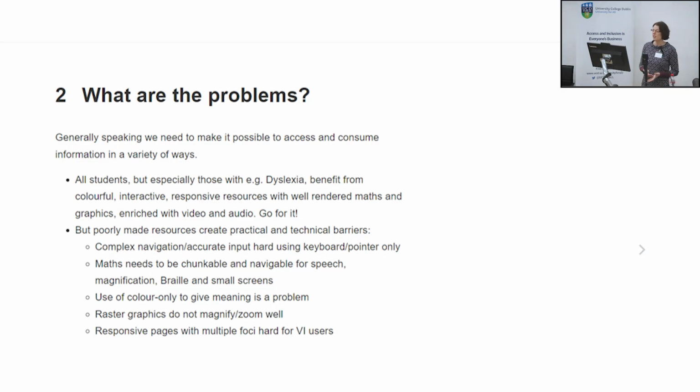So all students, but especially those with perhaps dyslexia or other forms of neurodiversity, will benefit from colourful, interactive, responsive resources with well-rendered maths and graphics, with video, with audio. Go for it, right? But if you make these in certain ways, they can create practical and technical barriers. So if we have complex navigation, or you need to give input to something on the web, that can be difficult if the user only uses the keyboard or only uses the mouse to interact with the computer or some other pointing device. The maths needs to somehow be chunkable and navigable for speech, magnification, braille,